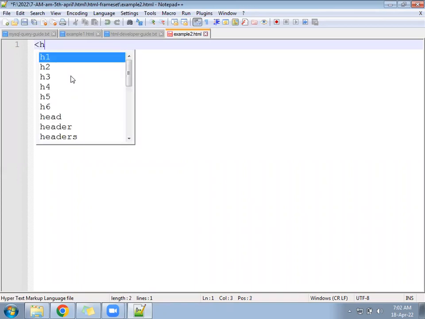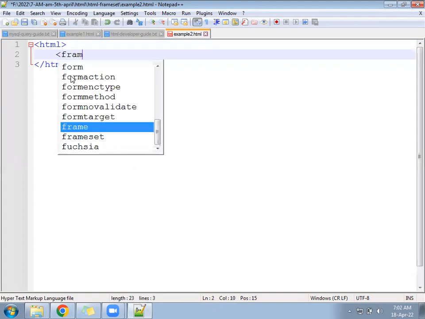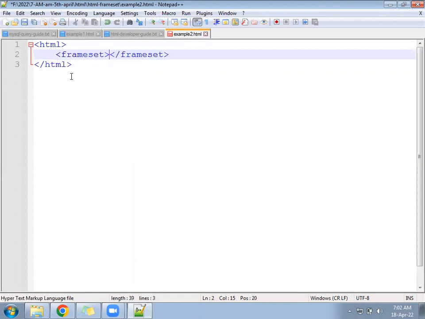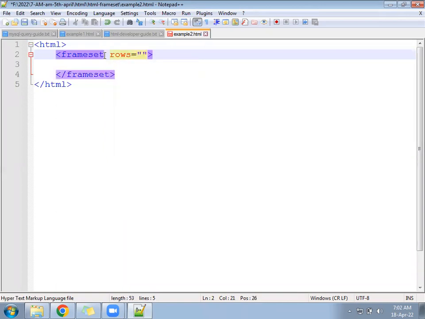We can start from the HTML and we can follow the frameset directly. And under the frameset, you will use again row wise. Rows equal to 4 rows we are going to create. First row we can give 8%. Second row we will give 10%. Third row will give 62%. And last row will give somewhere 20%. So it will be total calculation of 100% of the height,